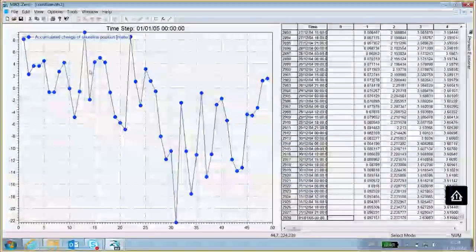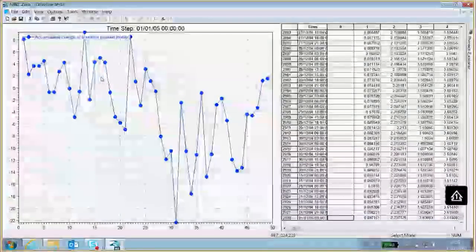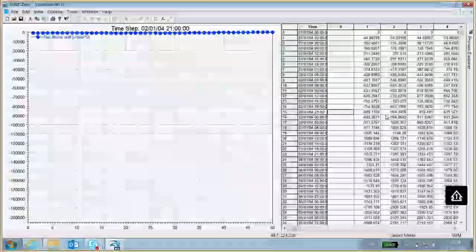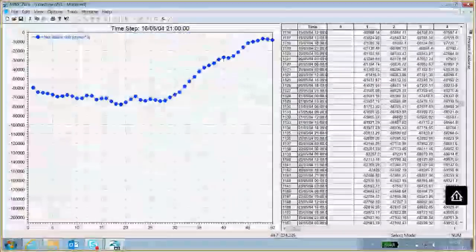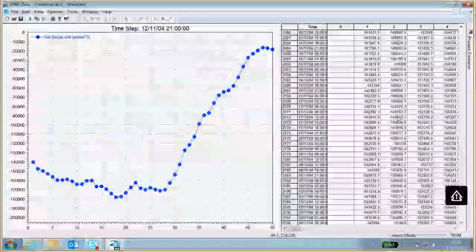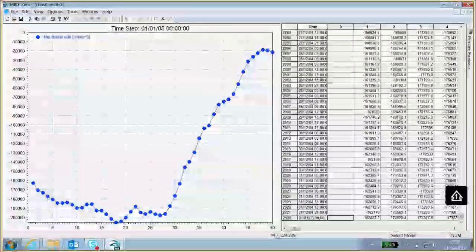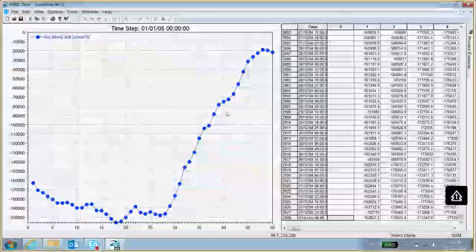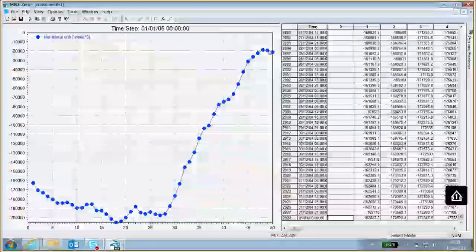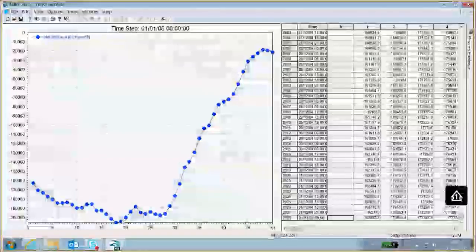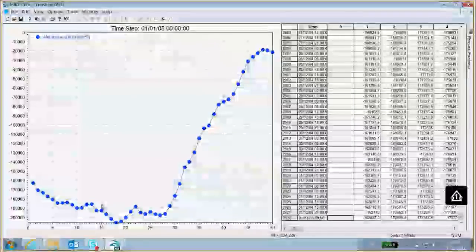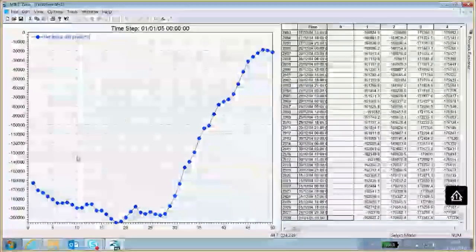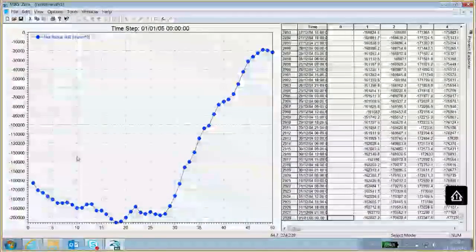But it is actually quite hard to see what exactly is going on, and therefore it is often easier to look at the net littoral drift to get a feel for where we have erosion and accretion and what the transport rate is doing. And here it's very clear, of course, that we have an area of erosion in the southern end of the beach, and then a relatively stable development in the northern end of the beach. That is also what we expected, or how this example is set up.